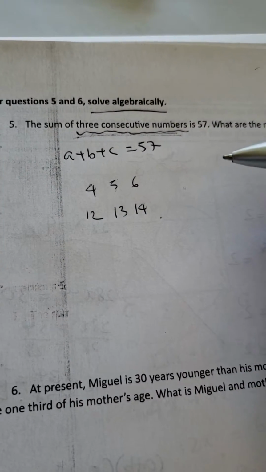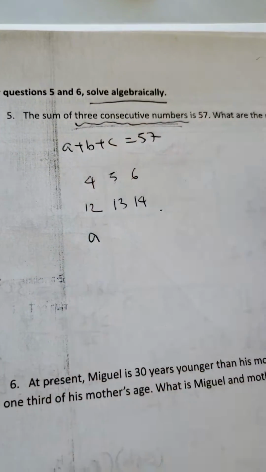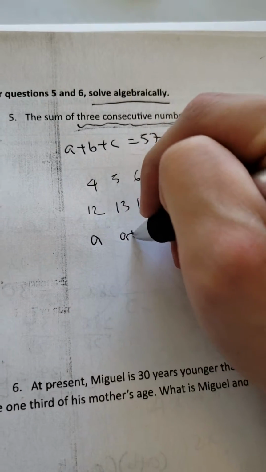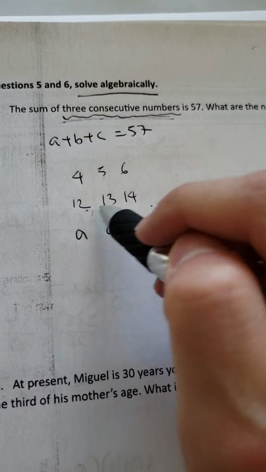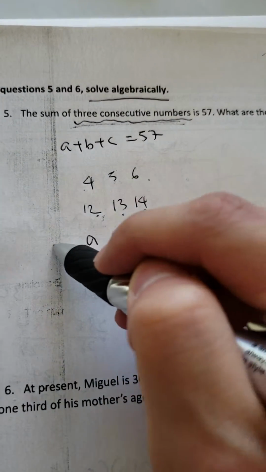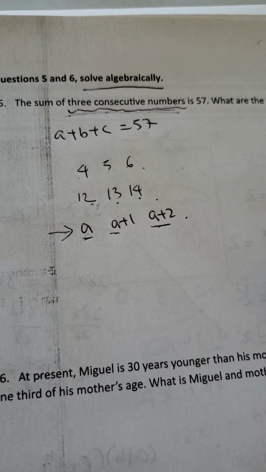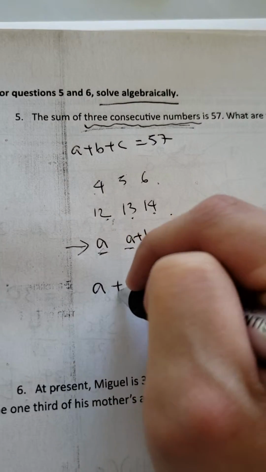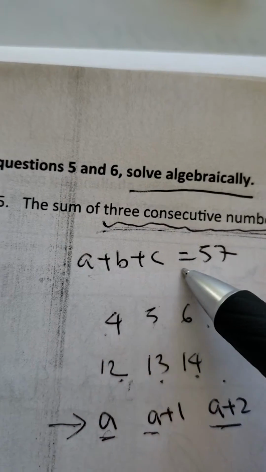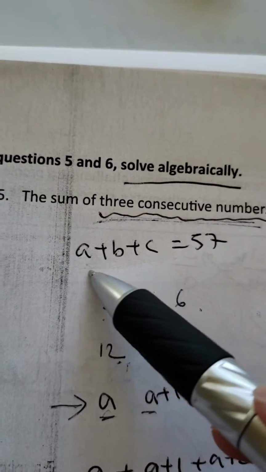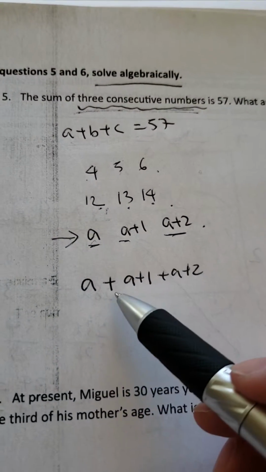So if one of my consecutive numbers was a, then my next one is going to be a plus 1, and my next one is going to be a plus 2, because the numbers are 1 apart. We can express the three unknowns using just one variable, and now we can solve it. So the equation becomes a plus a plus 1 plus a plus 2. When you have three different variables, there was no way of simplifying this and solving it. But if we express the three unknowns with just one variable,